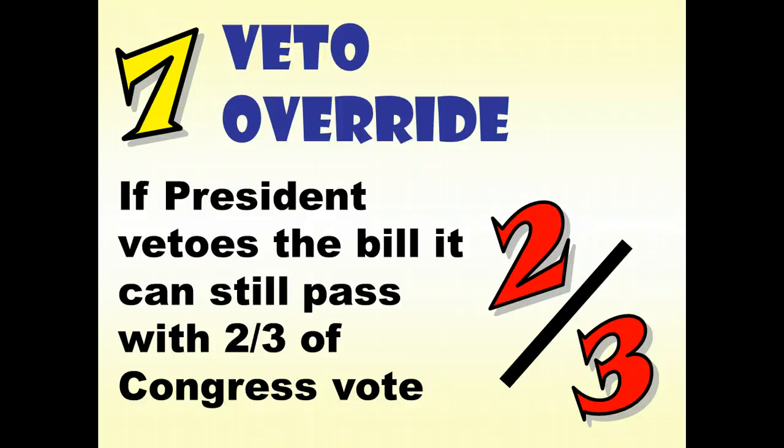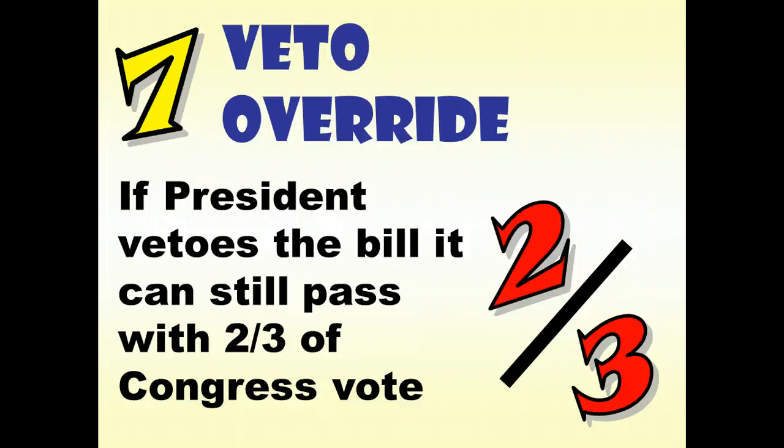Now, to give you some statistics, of the vetoes by the president, only 4% of those actually are overridden. And in many cases, vetoes themselves are pretty rare. For example, when you look at the last 4 presidents, we've only had a total of 7 vetoes. Some presidents have had more than others. If you look at FDR's years as president, and he was elected president 4 times, FDR had a total of 635 vetoes. Of his 635 vetoes, only 9 were overridden by Congress.